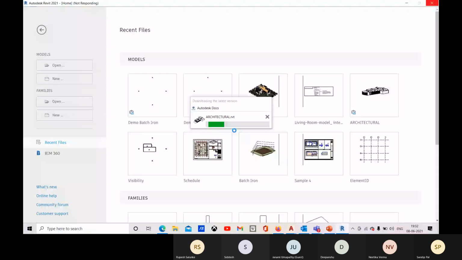Let me open the BIM 360. Okay. Let me show you there. Let me show you BIM 360. You have to create a BIM 360 account.